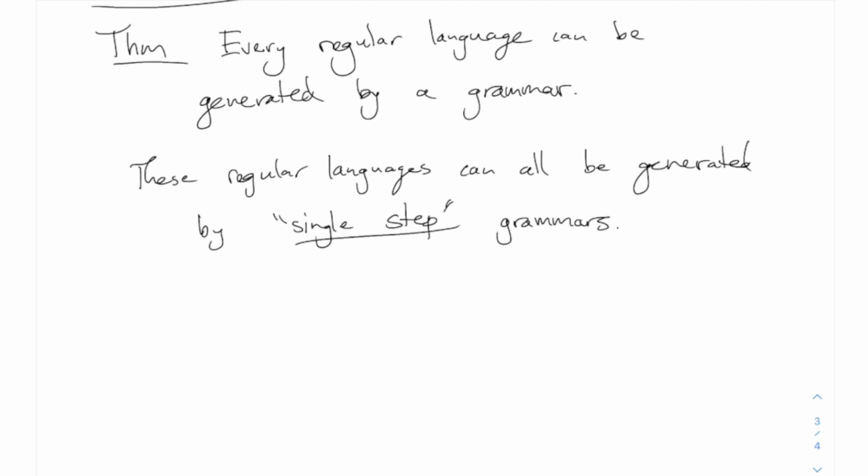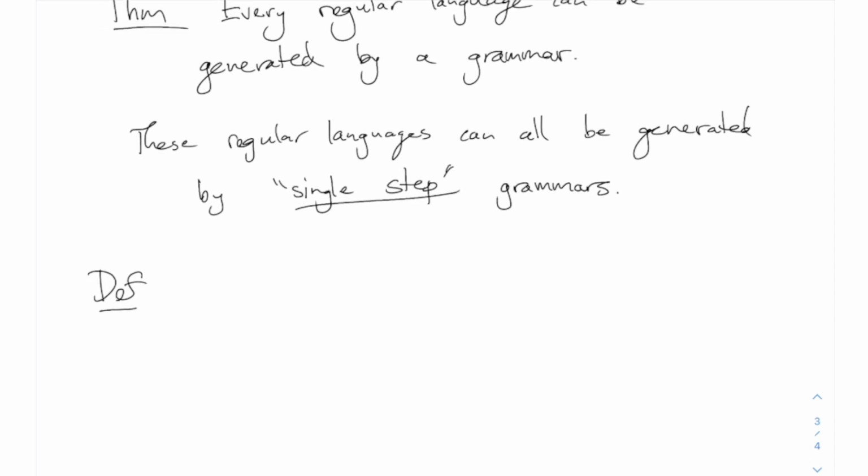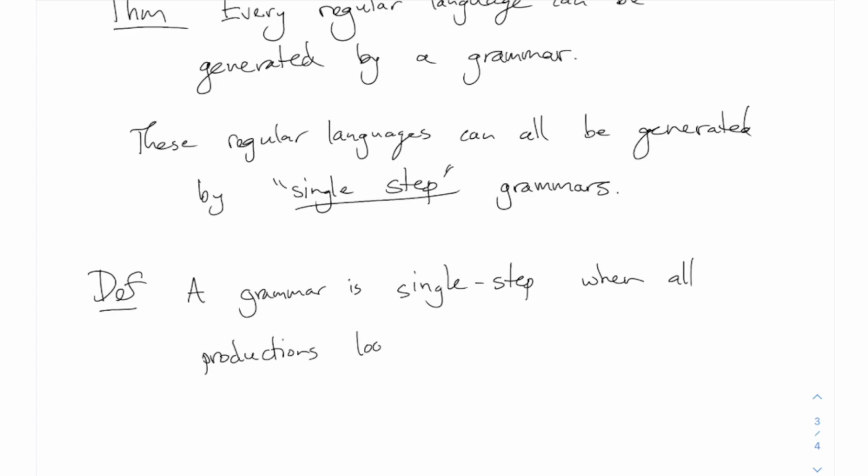All right, and what that means is, so I'll put a little definition here. This is a specific type of grammar which has a very specific structure to it. A grammar is single step when all productions look like